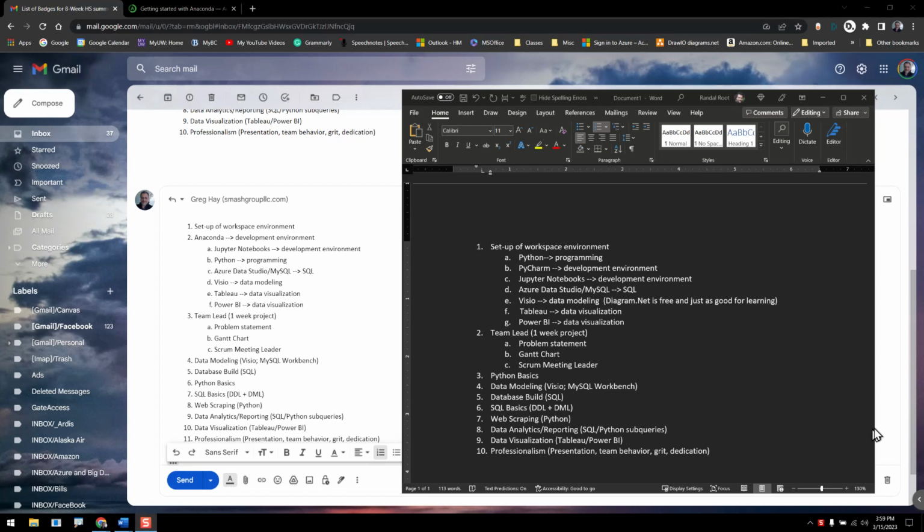So, as far as the environments go, I would install Python first, then install PyCharm, and then you can install Jupyter Notebook or Jupyter Lab. Jupyter Notebook's the older one, Jupyter Lab's the newer one, doesn't matter. They're pretty much the same. Then Azure Data Studio, and as far as the MySQL Workbench,